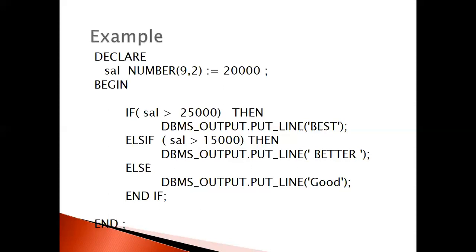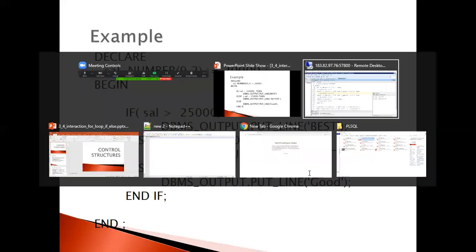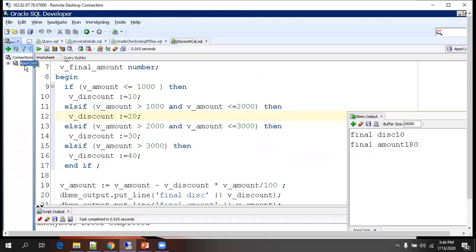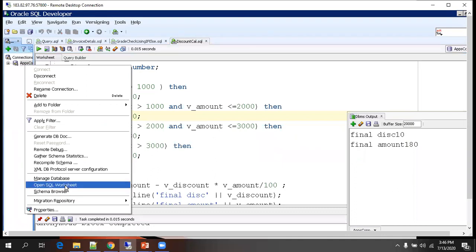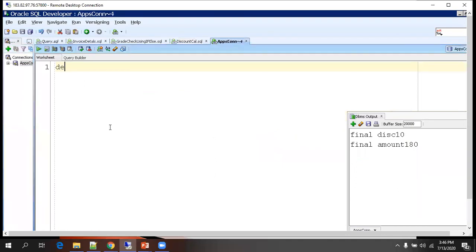Now let me show you an example, then you can understand. This is generally used whenever you want to consider the exact precision for a numeric variable. Okay, let us print it.